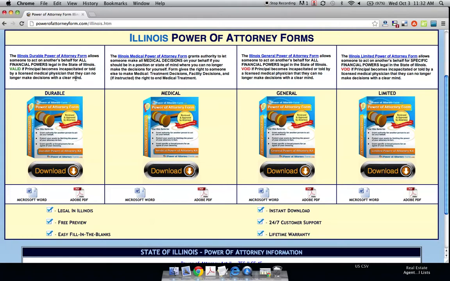So this is very important that you get somebody that you trust, and not just someone that you trust, but someone who's pretty smart, because you want someone that's making the right financial decisions for you. Oftentimes what you'll see with the durable power of attorney form is the medical power of attorney form, and it's pretty self-explanatory. It allows somebody else to make healthcare decisions on your behalf.